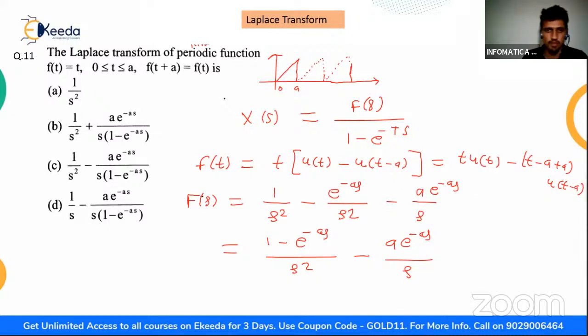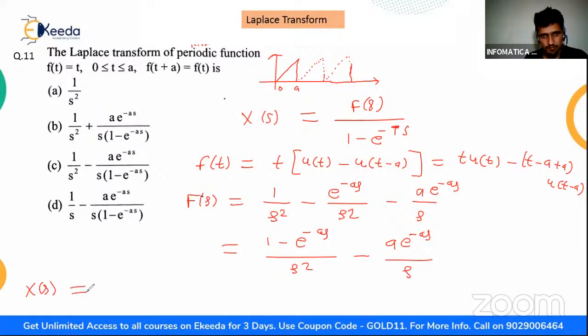So e to the power minus a minus s. Now just put it here, and we will get the answer. This t is basically the period. So the period here they have mentioned is a. This t is basically the period, a repetitive or periodic kind of signal. So we can say that our final answer